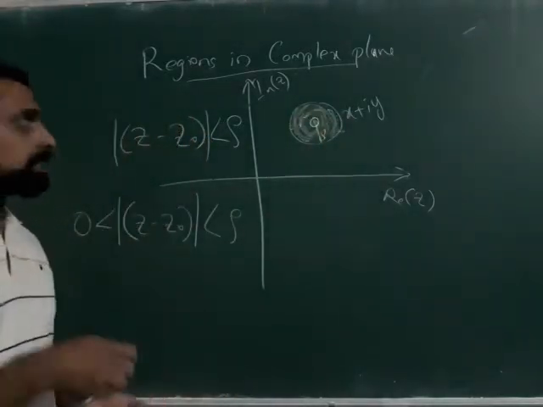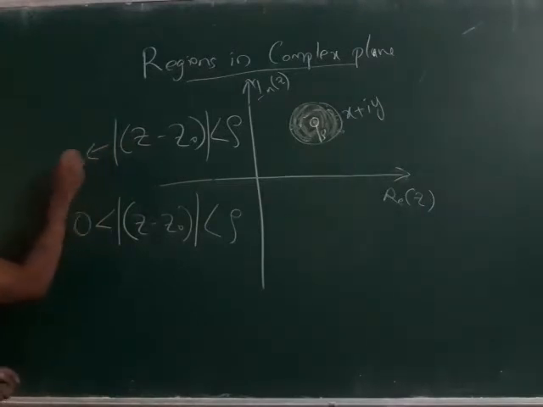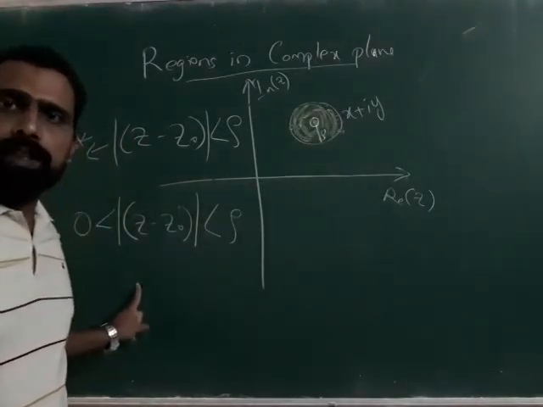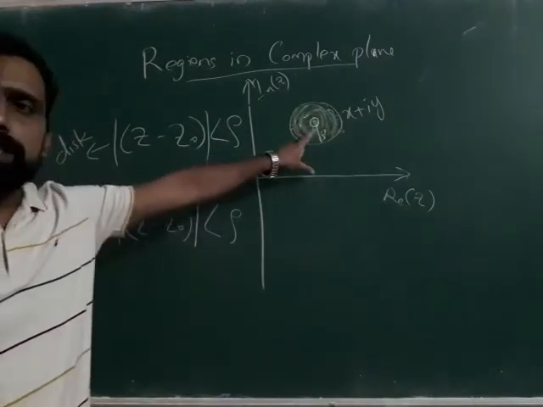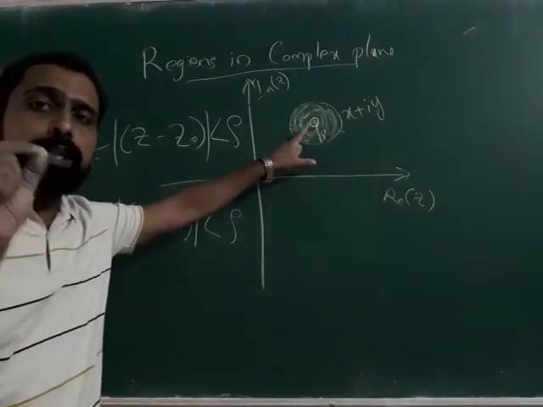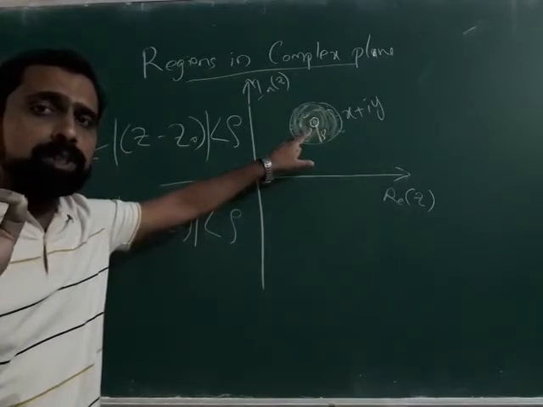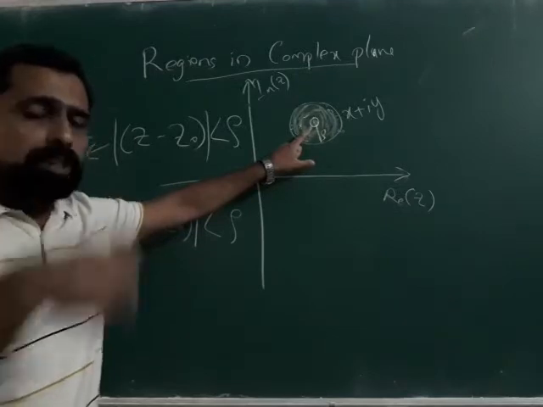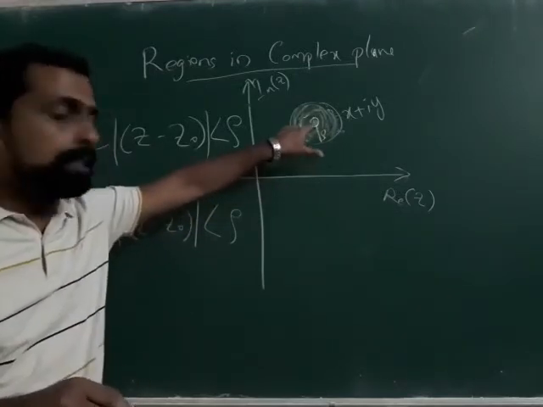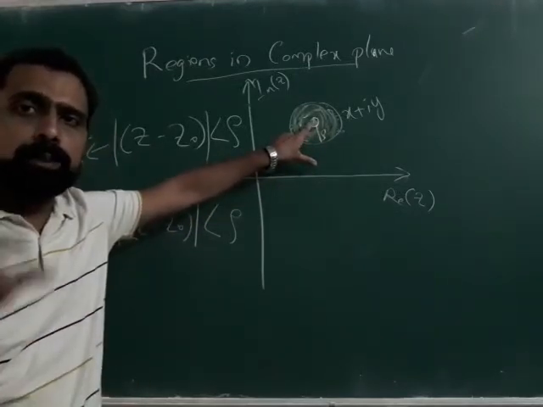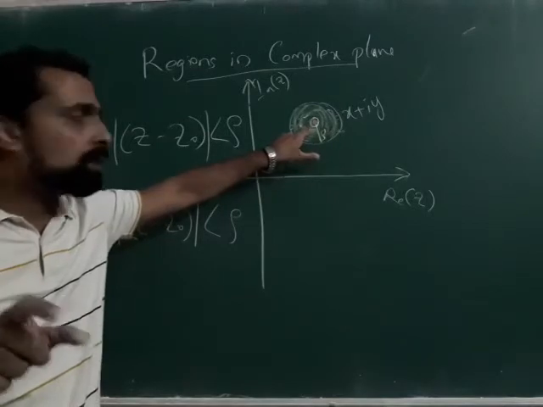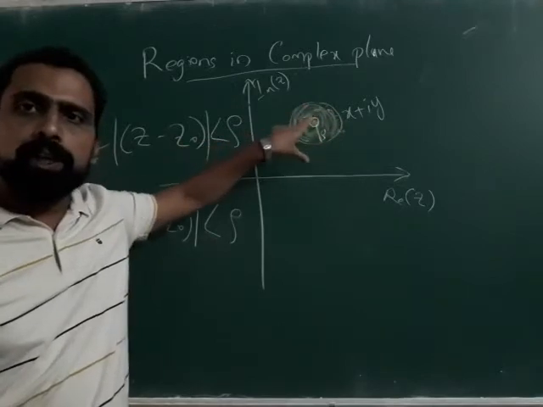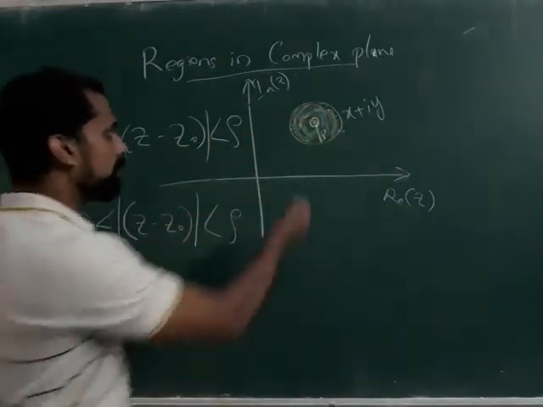So in the first situation, here you have a disk. Okay. Now what about this one? Here you have the point z0. That means at modulus of z minus z0 equal to 0, you don't have a point, and all the other points except modulus of z minus z0 equal to 0, you have the points, and this is called the region now, and this we call it as a